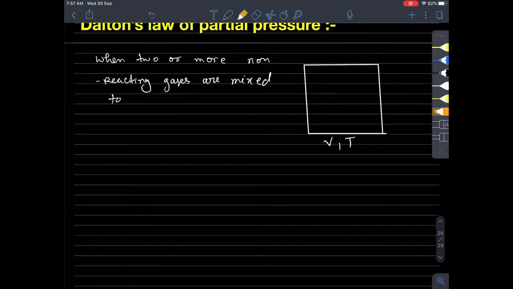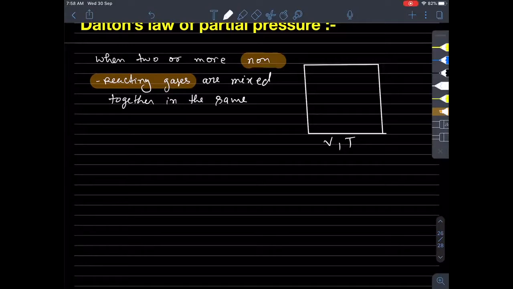If you forget this word, non-reacting is very, very important. When two or more non-reacting gases are mixed together in the same container,